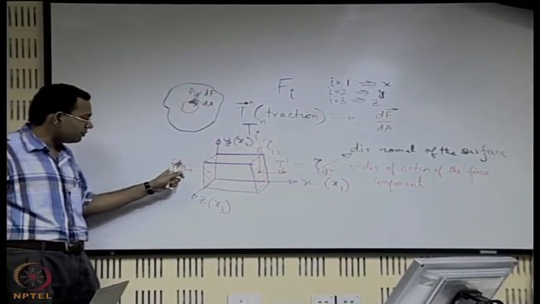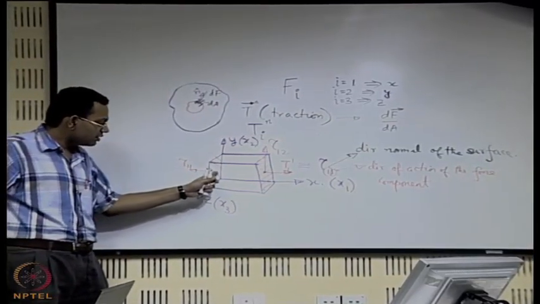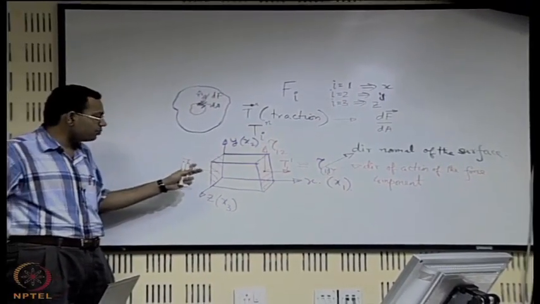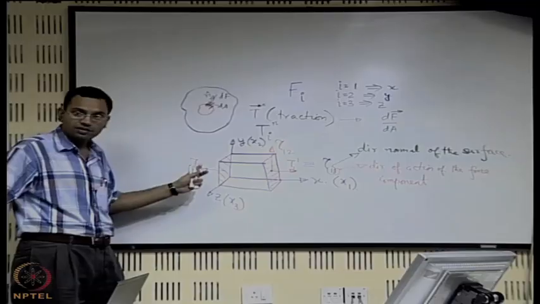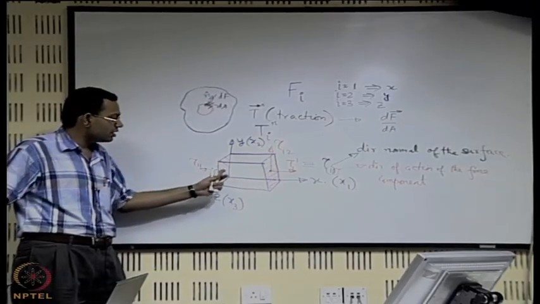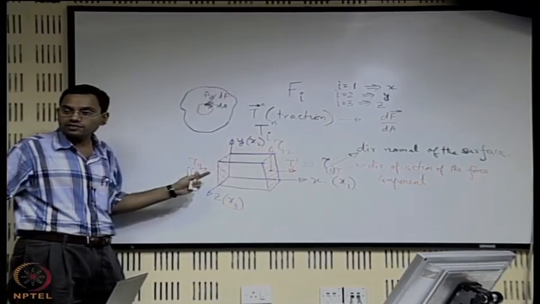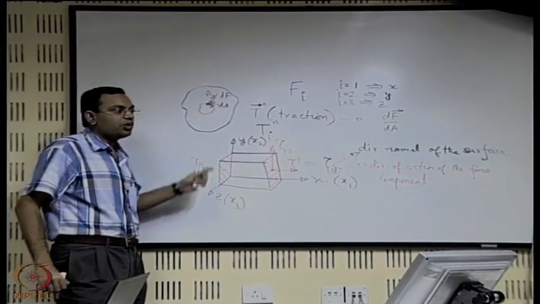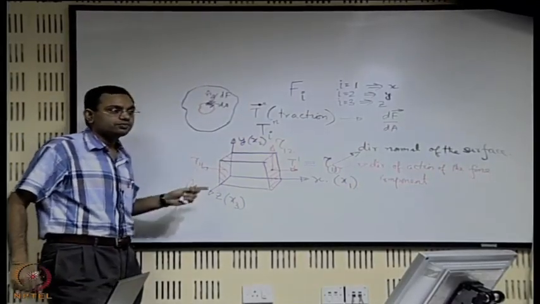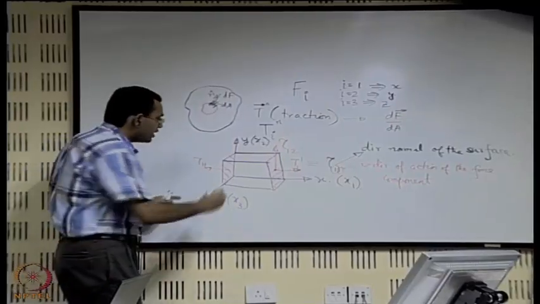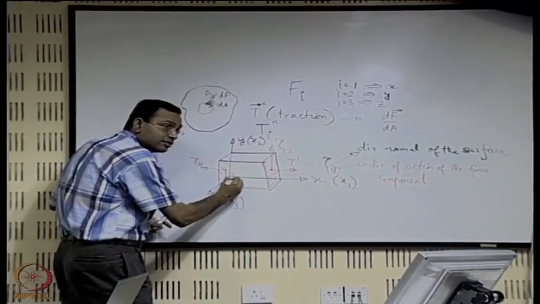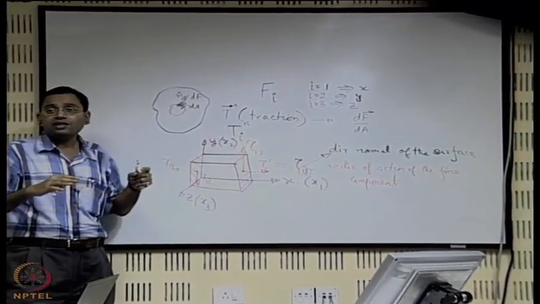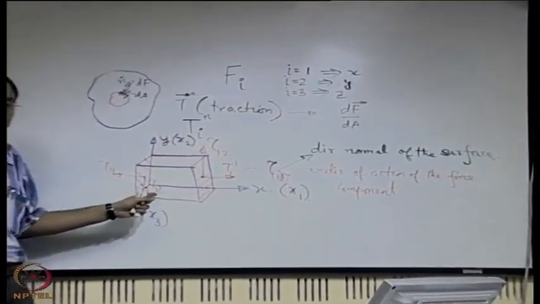Why? Because the first one is actually along negative x, the first index, therefore the positive sense of the j, which is the second one, is along negative x. So, on this surface if you want to draw positive sense of tau 1 2, that should be downwards. These are sign conventions. So, if it actually is the other way, it will come as minus of this number,